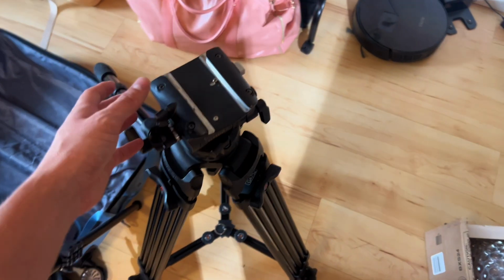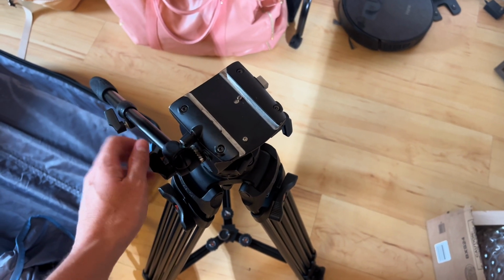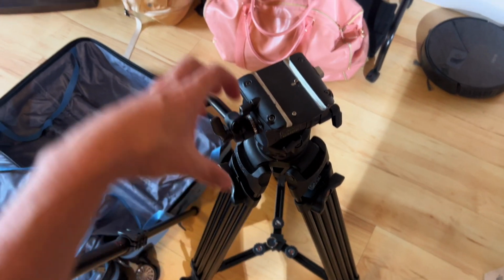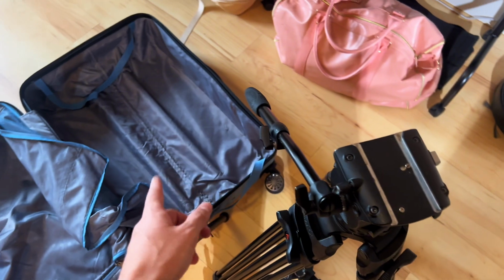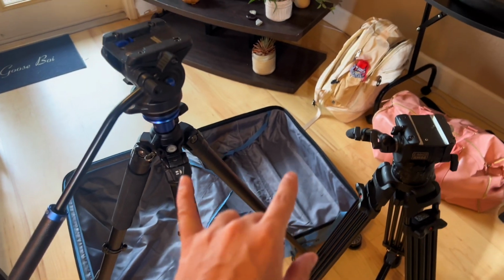Now this is the one that I always use, the eImage GH06. It's great. It's basically like a budget Sachtler in certain ways. It has the mono locks where you just adjust those and pull the whole thing up and down. It's great. Too heavy and too big for this bag. It fits, I've done it before, but I'm going to go to the one that I upgraded from, which is